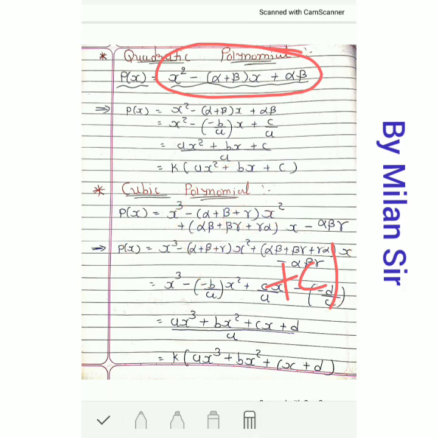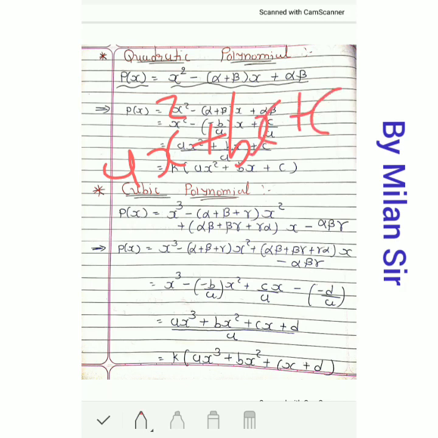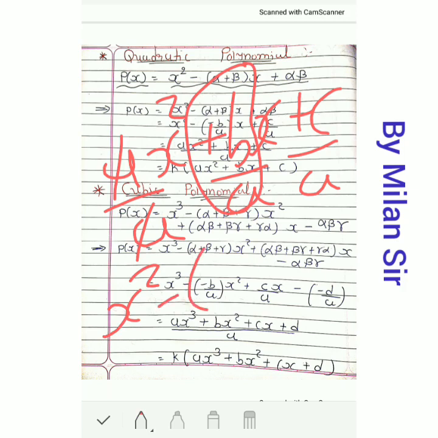similarly we can get the cubic polynomial, and in quadratic polynomial one other thing, what is the standard form? That is ax square plus bx plus c. Now divide by a, so I'm writing divide by a, cut, right? Now here plus b by a, in place of plus I am writing minus and minus b by a, because minus minus plus, so I can write like this, and plus c by a.